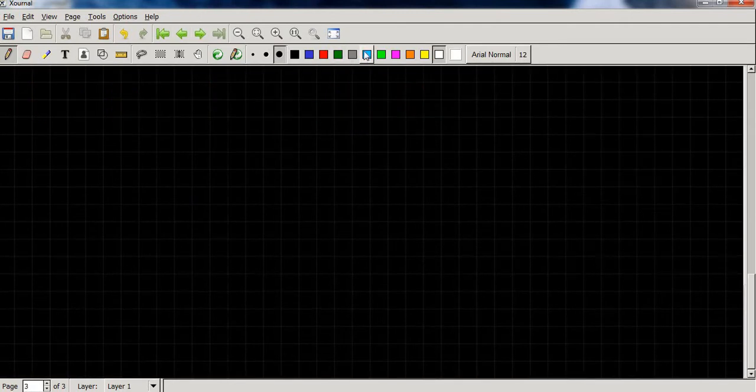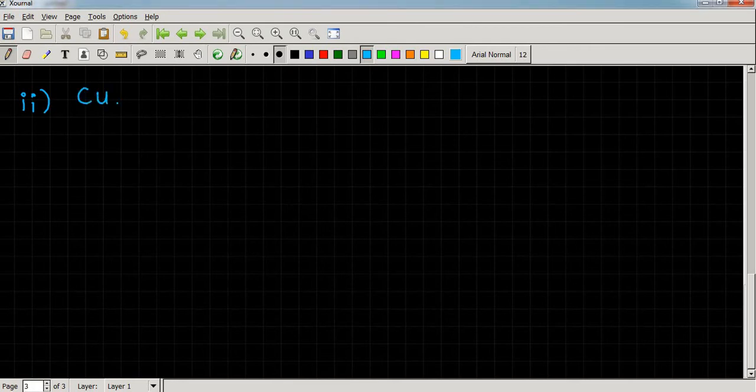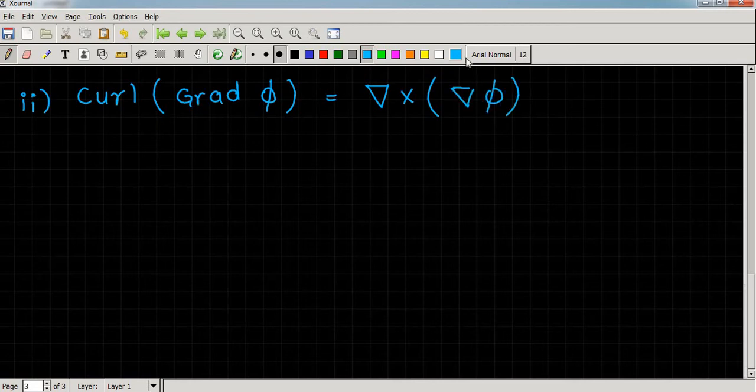Similarly, curl of gradient of a scalar point function phi, that is, curl is denoted by del cross, gradient is denoted by del phi. So here operators are important. Since phi is a scalar quantity, del phi represents a vector quantity. Product of one vector and one scalar do not include any dot or cross sign in between them. So this is a vector quantity.